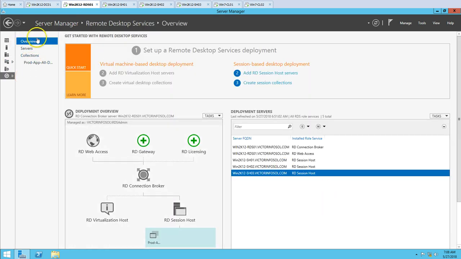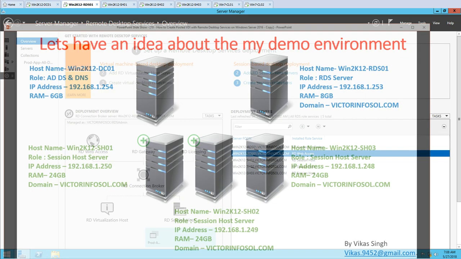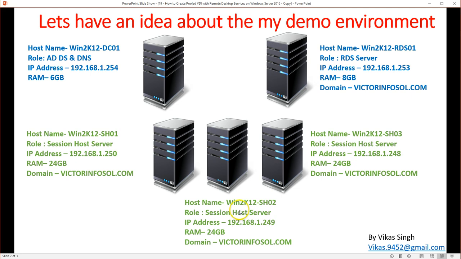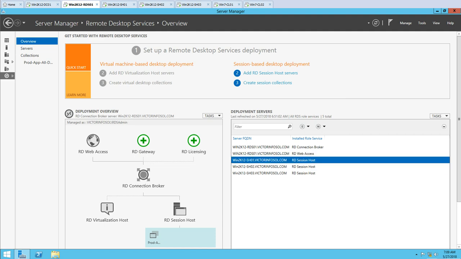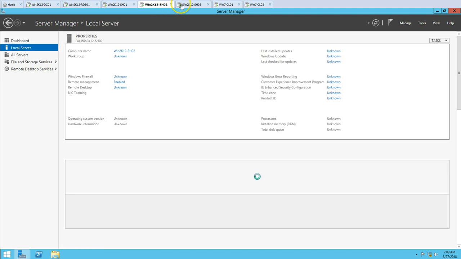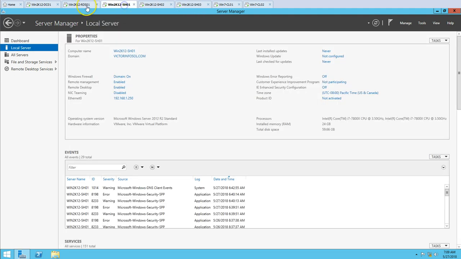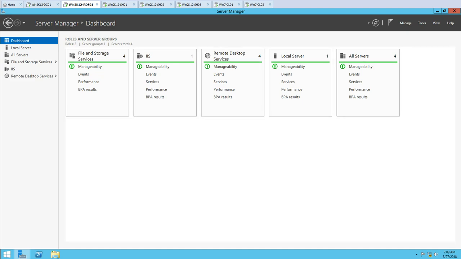So you can see IIS and remote desktop services installed. If I go here to the overview of remote desktop services, you can see this machine has the RD connection broker and RD web access. And we have 3 additional servers which are SessionSH01, 02 and 03. These are all session host servers. You can see here the RD session host servers on which users are going to get their sessions. You can see all 3 servers are up and running fine, and now we are good, and we need to go there and enable the group policy which allows us to shadow the user